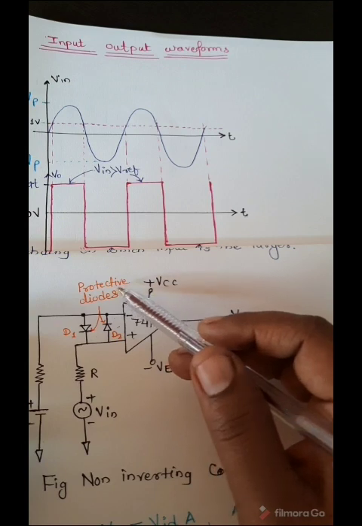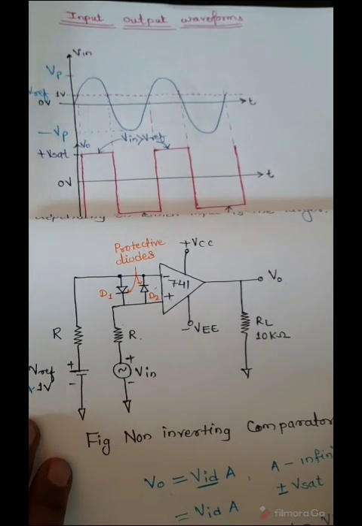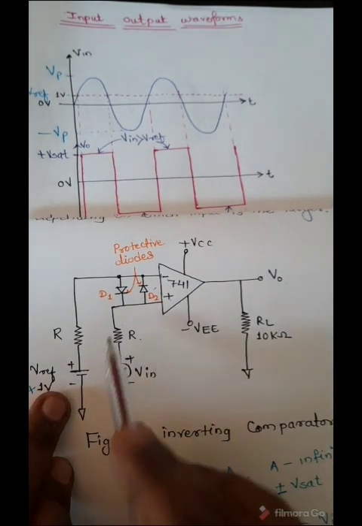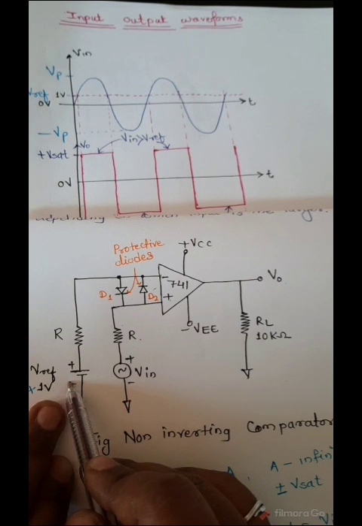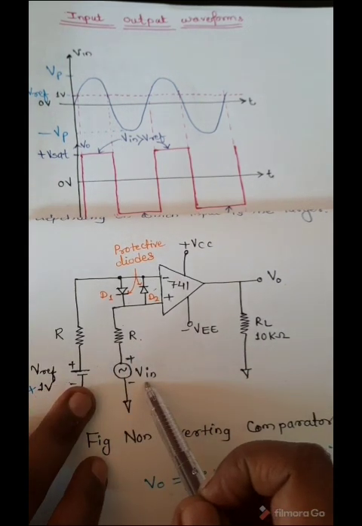Okay. So, in some of the operational amplifiers, there is built-in input protection provided, so there is no need to provide the D1 and D2 external diodes. So, it is unnecessary to provide them. So, in this, we can see that the reference voltage is a positive plus 1 volt, which is given here, and the Vin voltage that we are also providing.